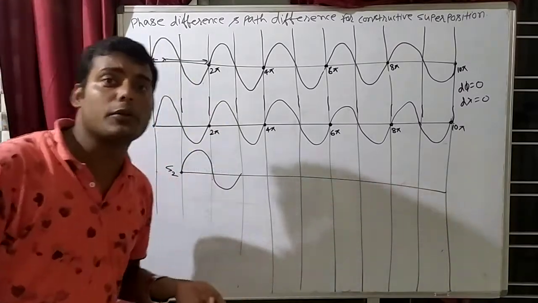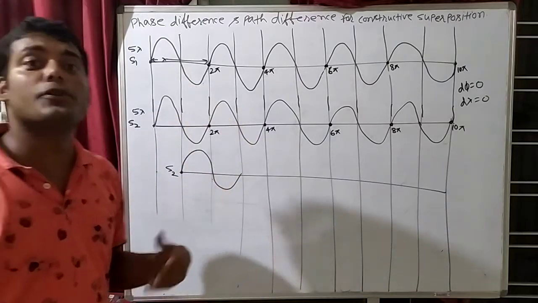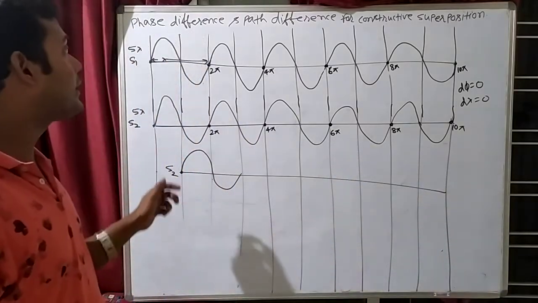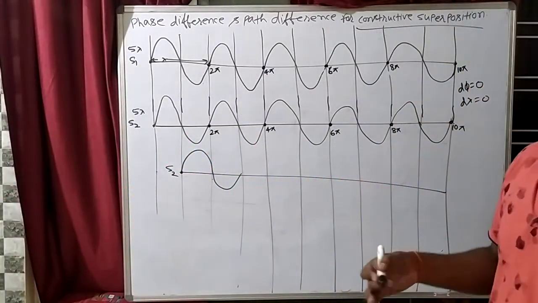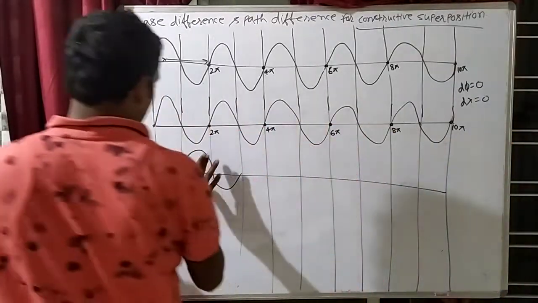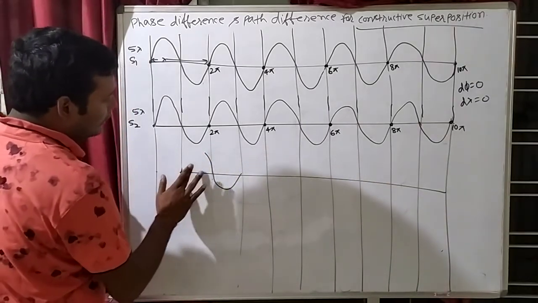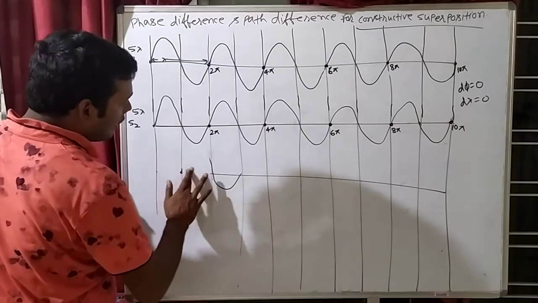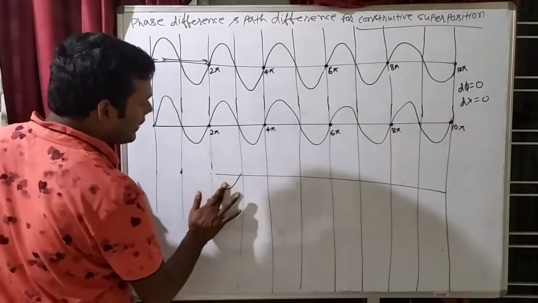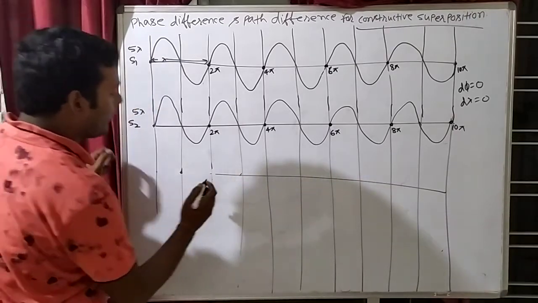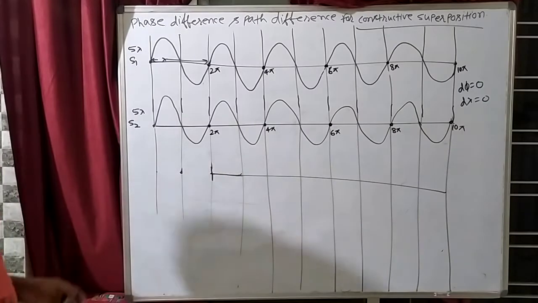Is this constructive or destructive? This is destructive superposition. Which superposition is this? This is destructive. So what do we have to learn? Constructive superposition. We want to make constructive superposition. So we can't take S2 here. That means for getting the next constructive, where should we place S2? Now think about this. If we want to see the next constructive.